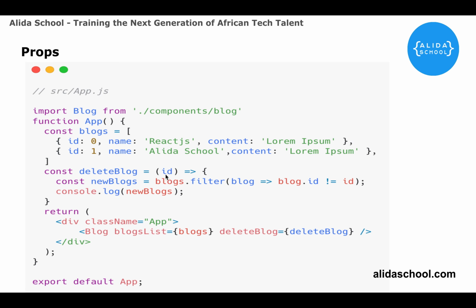Now, once we receive this ID, we are going to loop through the blogs array here. We'll filter through it, and any blog ID that does not match, which is not equal to the current ID, is going to be returned. Meaning that if we call the deleteBlog in our child component, we are going to pass the blog ID. So when the blog ID gets to this section, it's going to be checked if it tallies with any element ID here. If it does, we remove it. We only get to return the blog elements that do not match the ID we are bubbling back to